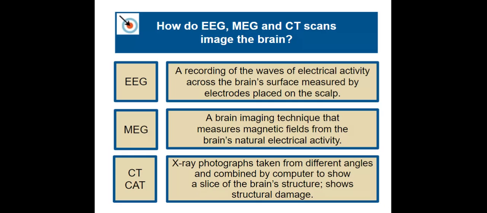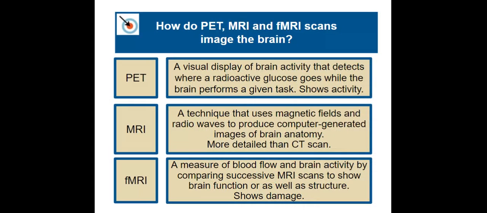Okay, it also shows structural damage in those folks that have some sort of a TBI, traumatic brain injury. Okay, next, PET scan. A PET scan is a visual display that's going to show where slightly radioactive glucose levels